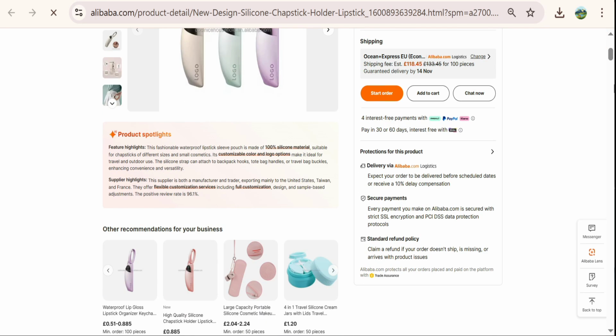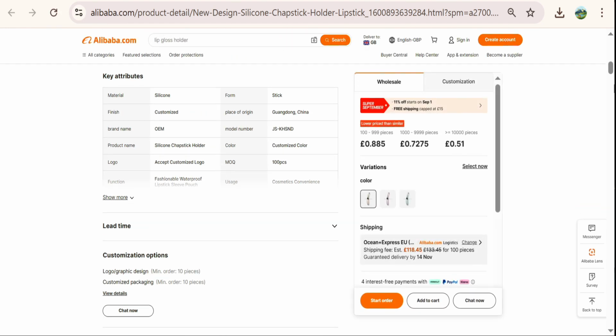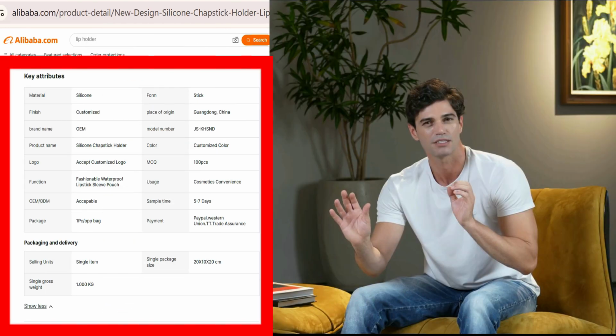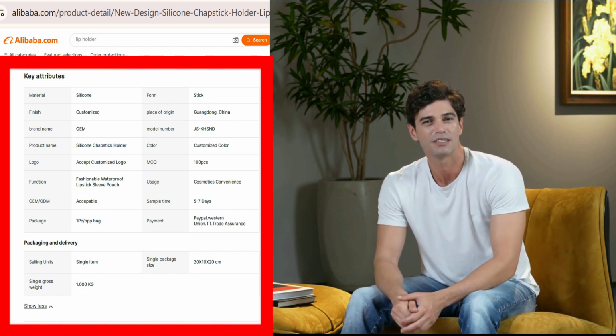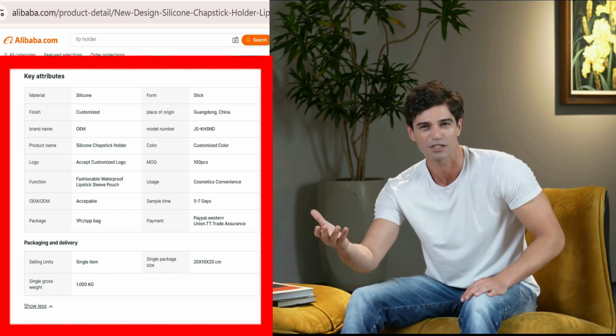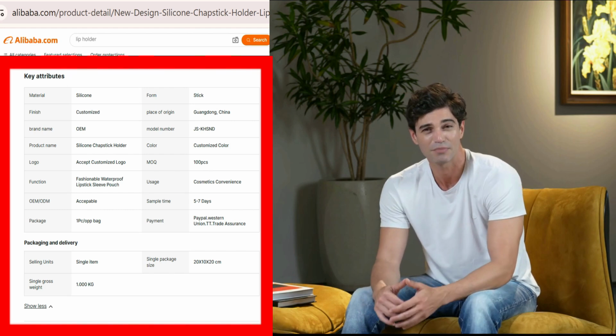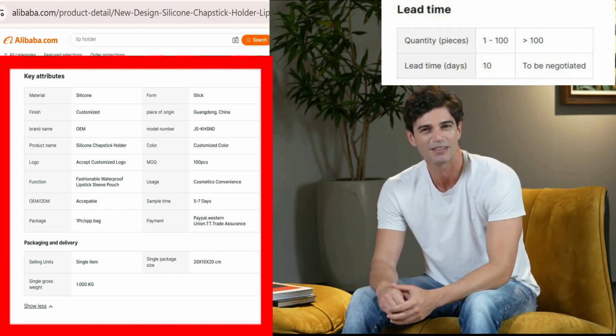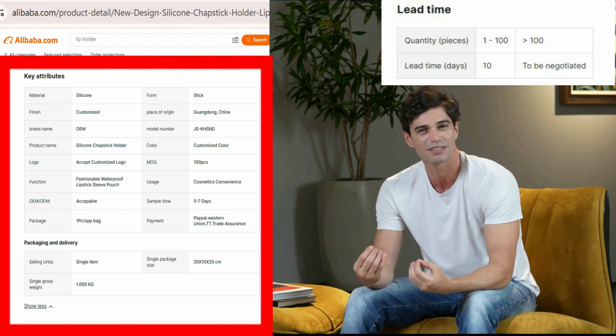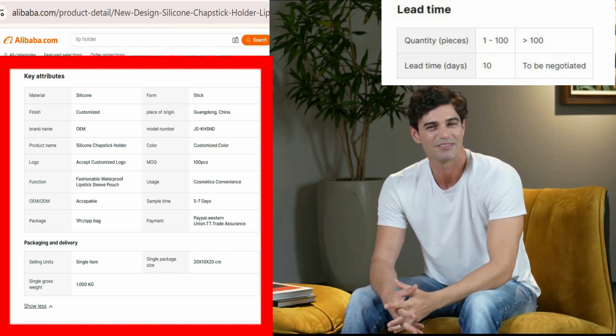Beyond price and MOQ, examine the supplier's attributes and specifications. This chapstick holder is listed as a patent design product made of 100% silicone, with a sample time of 5 to 7 days and a standard packaging method of 1 piece per OPP bag. The supplier lists a lead time of 10 days for orders of up to 100 units, with longer timelines negotiated for larger orders. These details are critical for planning your launch, especially if you are targeting seasonal demand or promotional